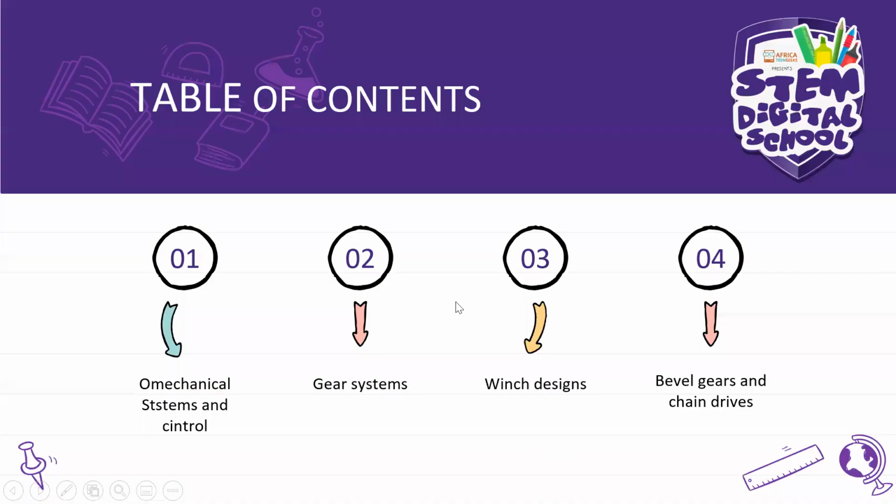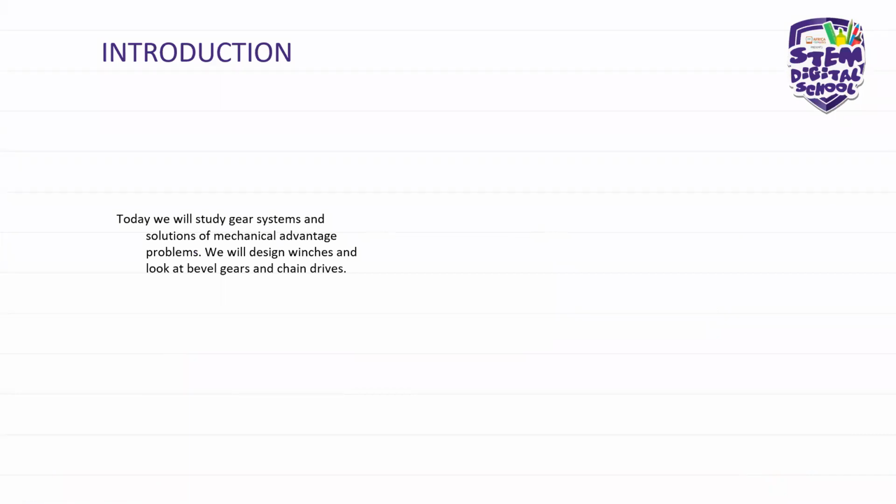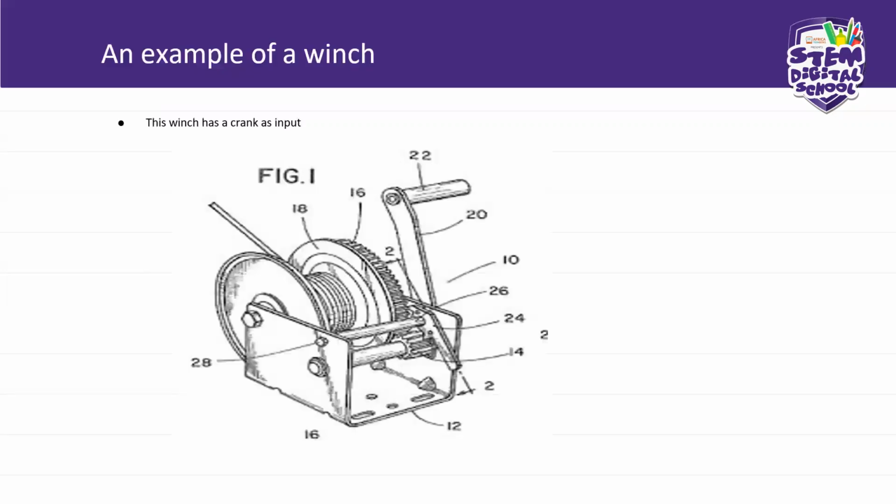We are looking at gear systems and their drawings. Then we are looking at winches too. Remember, we are given a problem to solve, where we were told to design a winch which would be 3 times more powerful than it is right now. It must be able to carry the load of 3 times the average size of